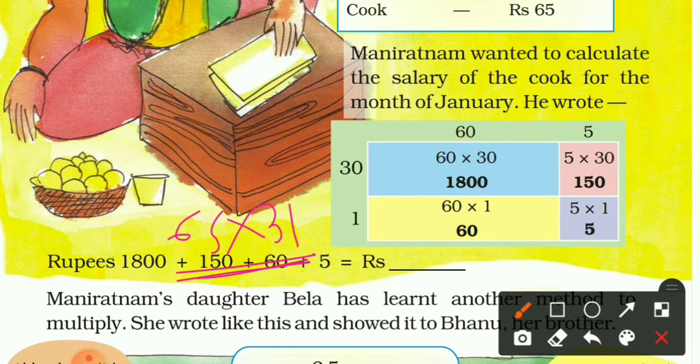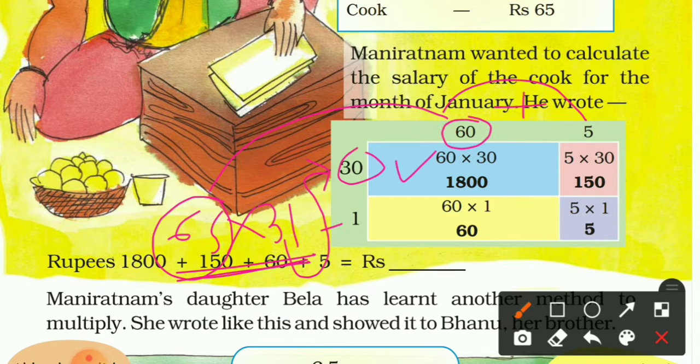So let's have a look. 65, he just divided into 60 plus 5, and 31 divided into 30 plus 1. So in the blue box here you can see this is the multiplication of 60 and 30. So in total he got 1800.